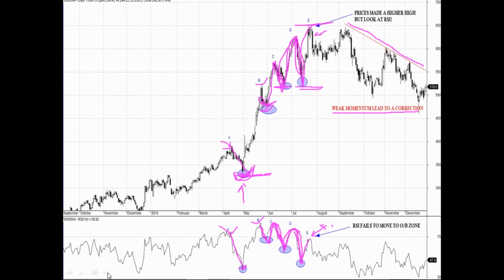I can promise you, this way no one will have ever explained to you or helped you to trade the overbought and oversold zone. Nowhere can you find this. It is not in any book. It's all in my mind and in Andrew sir's mind, of course. Let's move to the next slide.